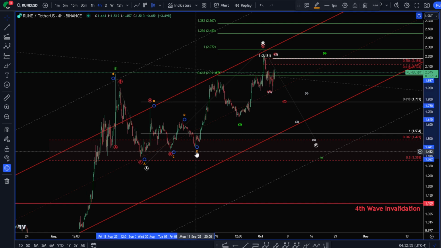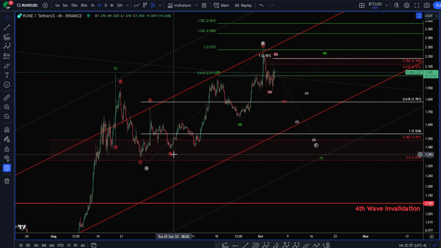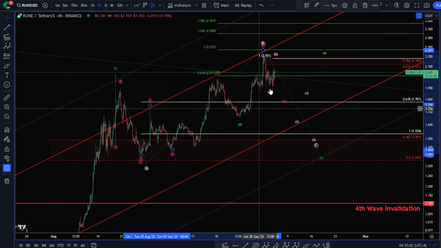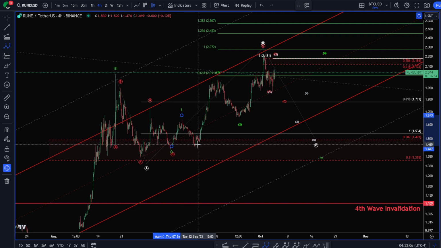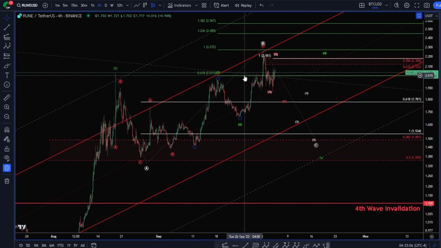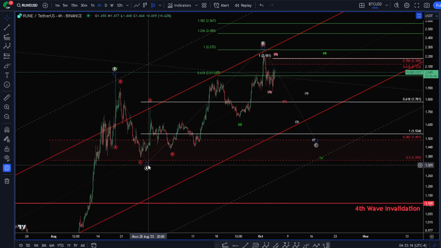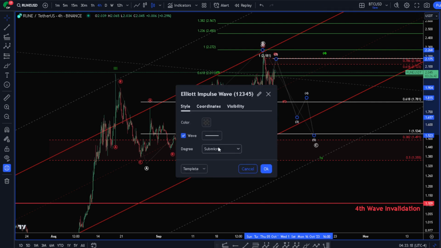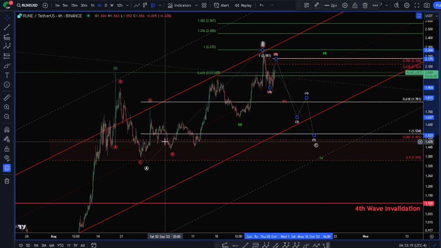So I do not think this is a triangle anymore. I think this is actually just an A, B, C, 1, 2, 3, 4, 5. Again, I can be corrected. The market has a way of doing that. But 1, 2, 3, 4, 5 is a flat, and looking for this to turn into a 5-wave pattern like so to the downside, or